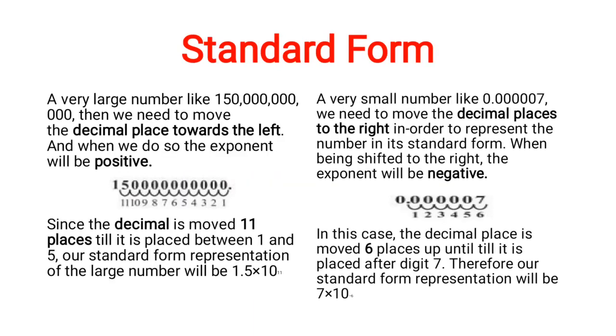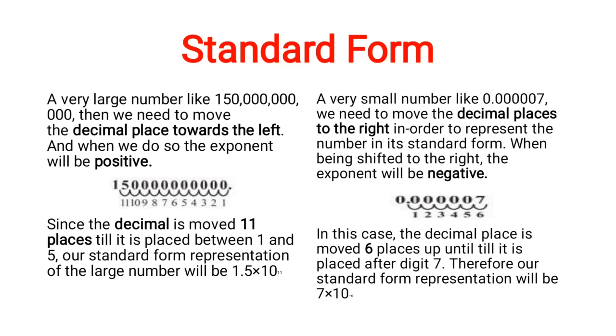Now let us learn about how to use exponents to express a number in standard form. Well, there are some large numbers and some small numbers which we need to express in standard form. And with the help of exponents, it becomes easy for us to do so. Here, when the decimal point moves toward the right, the exponent becomes negative. Whereas, when the decimal point moves towards the left, the exponent becomes positive. Well, to understand this, let us take the help of the following two examples.